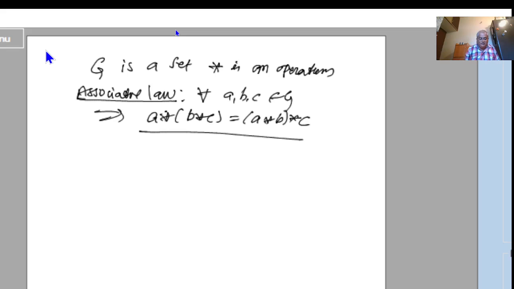If this is satisfied for all A, B, C belongs to G, then you say that associative law holds.